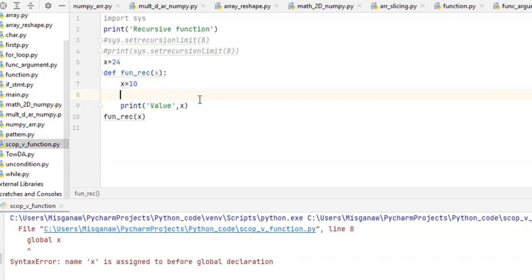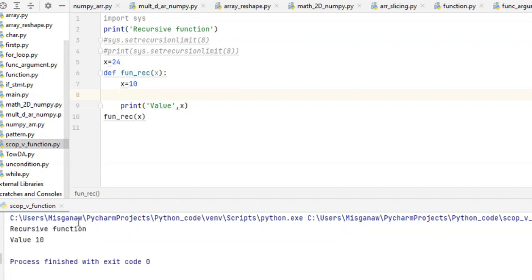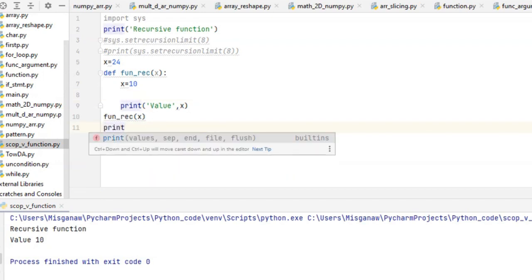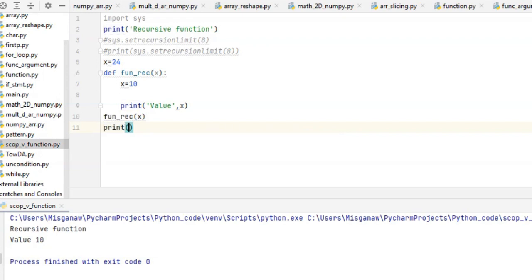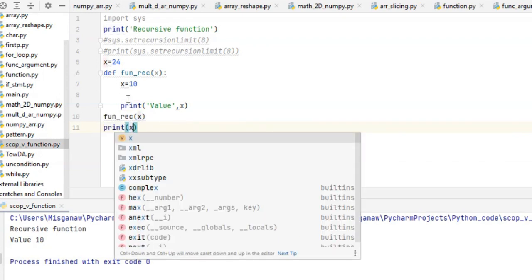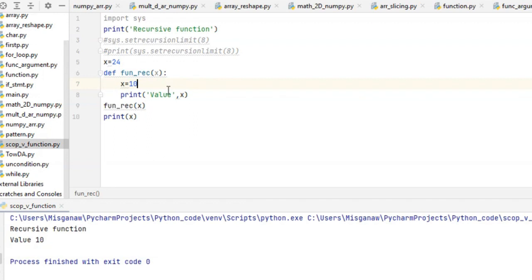What about an example? This is 10. What about print x? If I say print x, does it display 10 or 24?